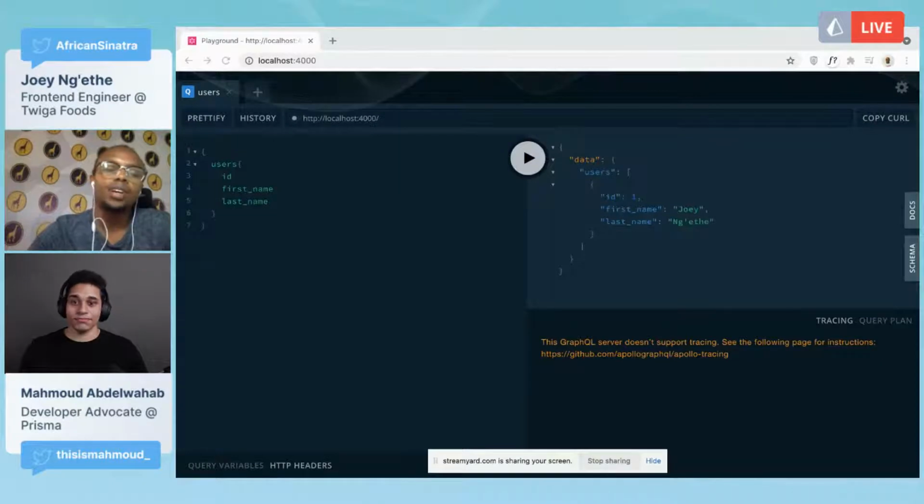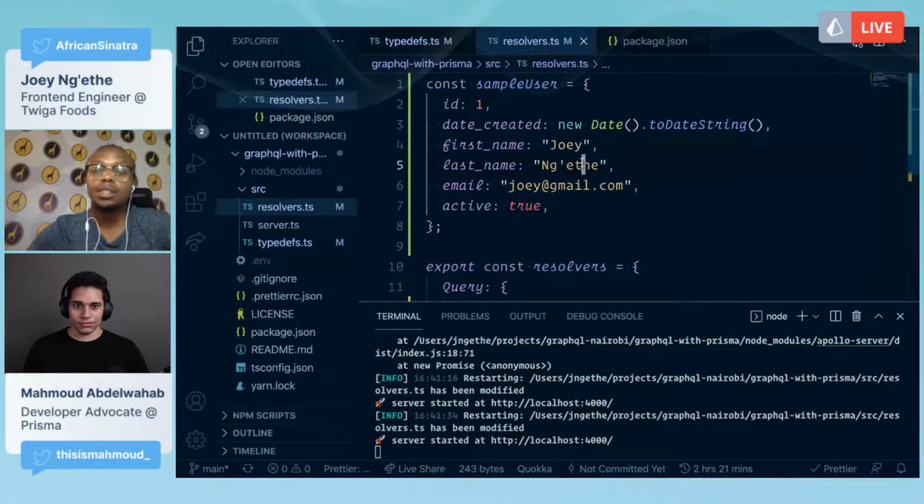So you wouldn't have to build two APIs altogether. You just build everything that you can possibly show, then it's up to the clients consuming this API to request only the things that they need, which is really neat.